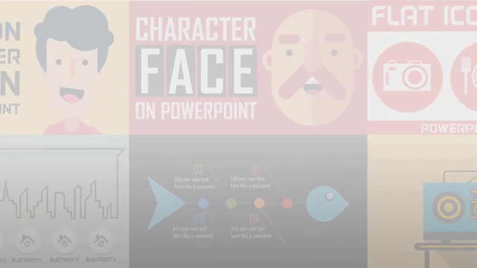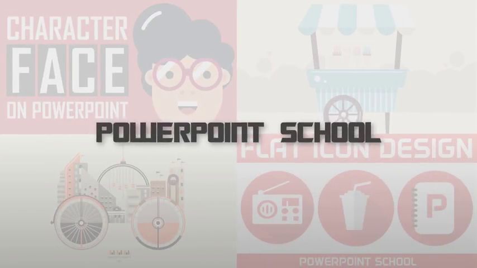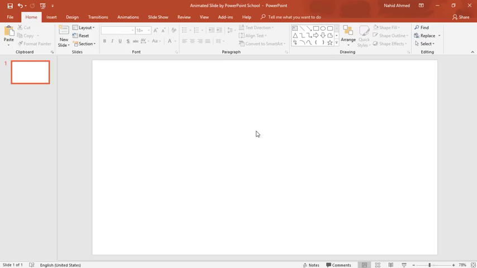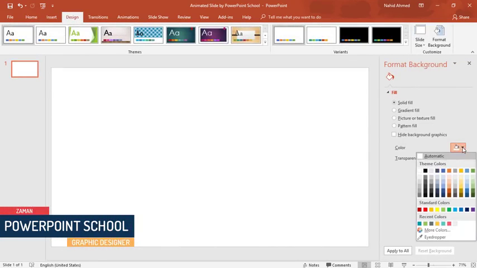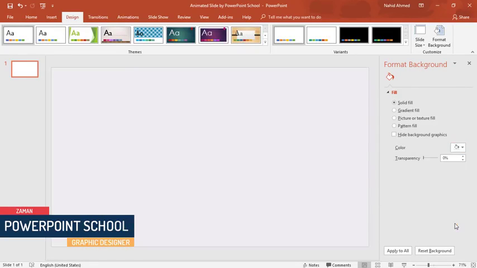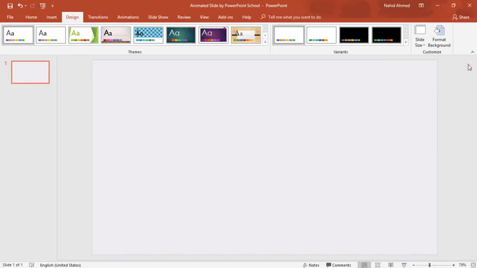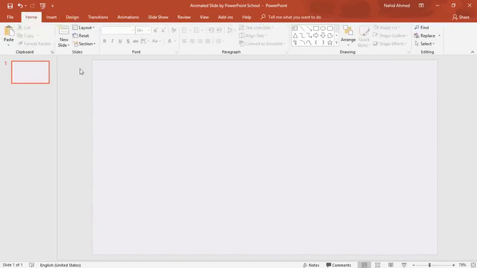So without wasting any further time, let's start today's tutorial. Here you can see I have already taken a blank slide. So first, to change the background color, go to Design, click on Format Background, and from here I'll pick this light gray color. Close it, go to Home, pick a rectangle shape, drag it over here,